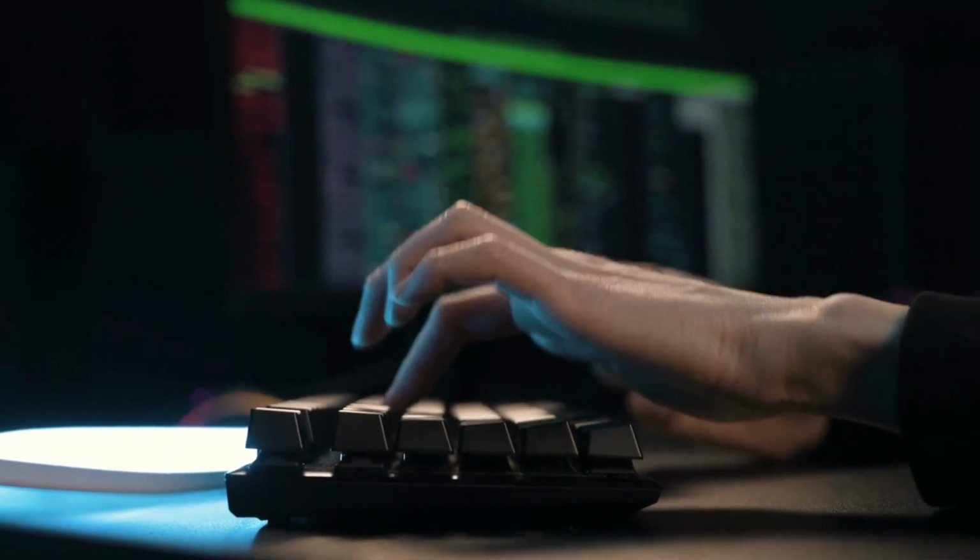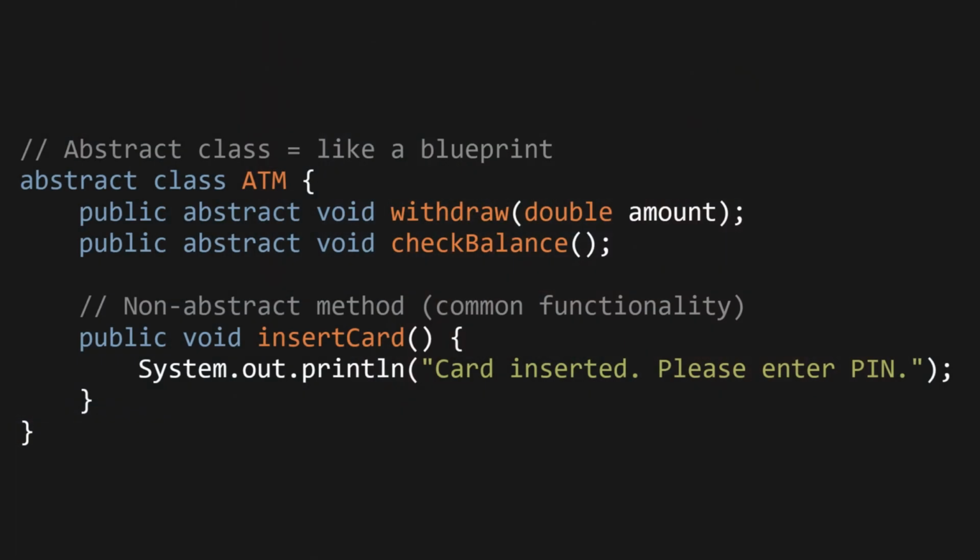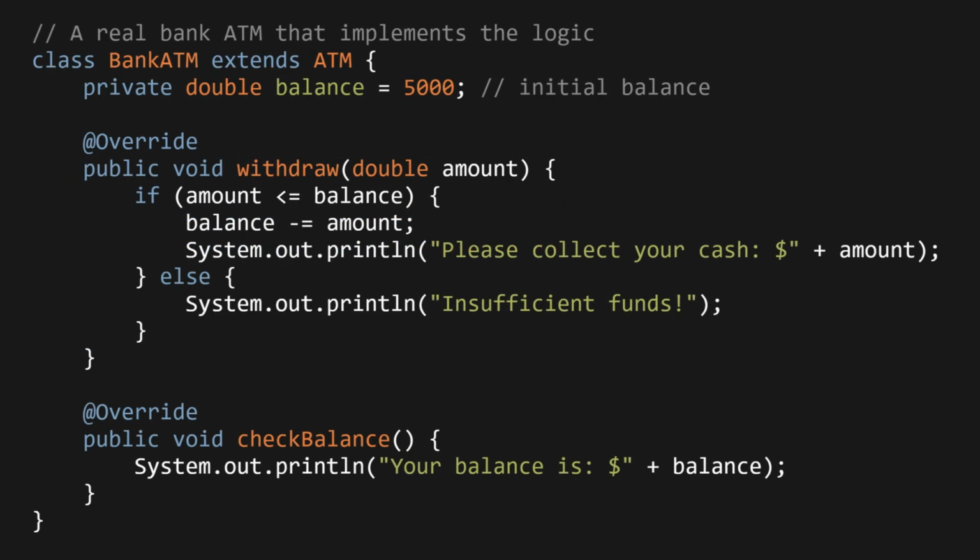Let's write code for an ATM machine interface. abstract class ATM { public abstract void withdraw(double amount); public abstract void checkBalance(); public void insertCard() { System.out.println("Card inserted, please enter PIN"); } } class BankATM extends ATM { private double balance = 5000; @Override public void withdraw(double amount) { if (amount <= balance) { balance -= amount; System.out.println("Please collect your cash $" + amount); } else System.out.println("Insufficient funds"); } @Override public void checkBalance() { System.out.println("Your balance is $" + balance); }